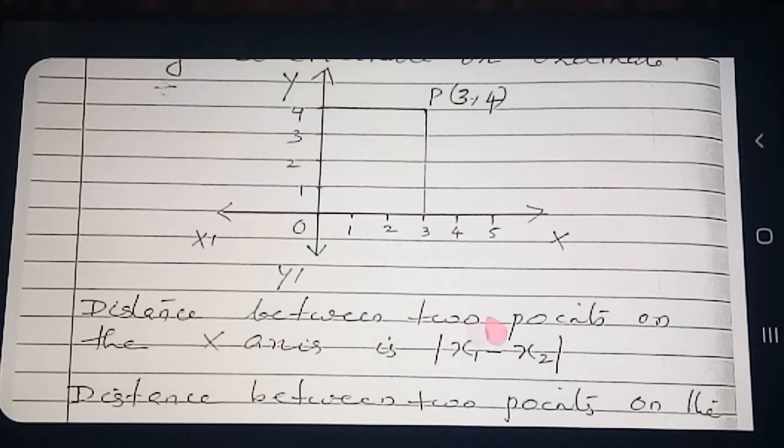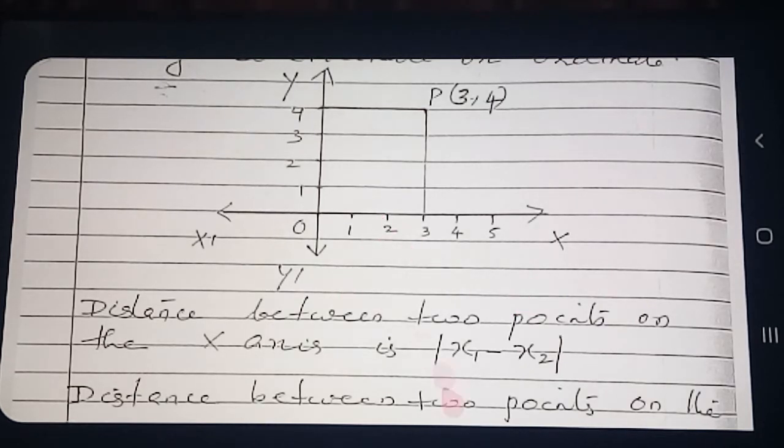Okay? Now, the next point you see here. The distance between 2 points on the x-axis, the formula is always modulus of either x1 minus x2 or x2 minus x1. Both are the same. What is the meaning of modulus? Modulus means only the magnitude we are measuring. For example, modulus of minus 2. What is the number there? 2. So we are not considering the sign or the direction. Only the magnitude we call modulus. Modulus of minus 2 is 2. Modulus of plus 2 is also 2. We are only considering the magnitude.